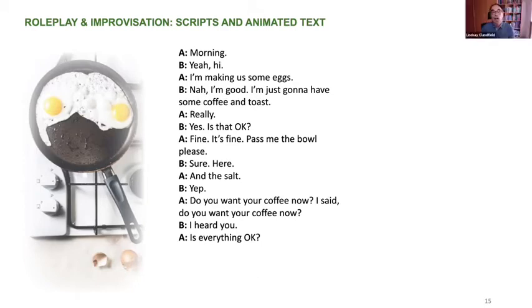So this is a little dialogue, a very simple little dialogue, a little bit of mystery there. But then what happens is,